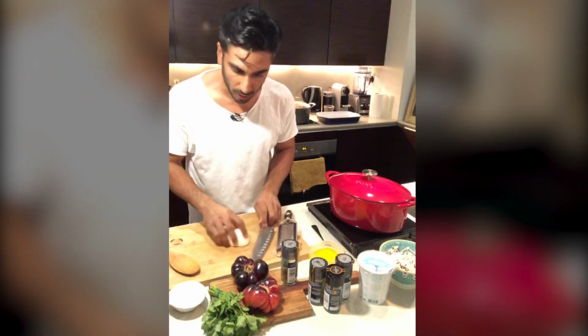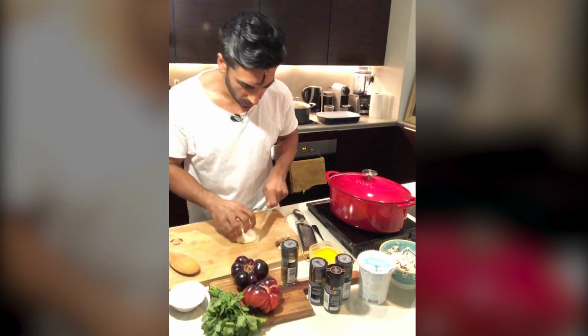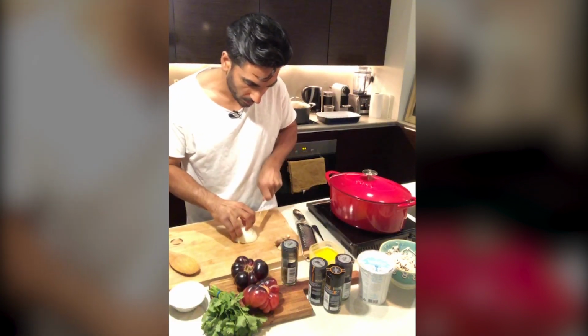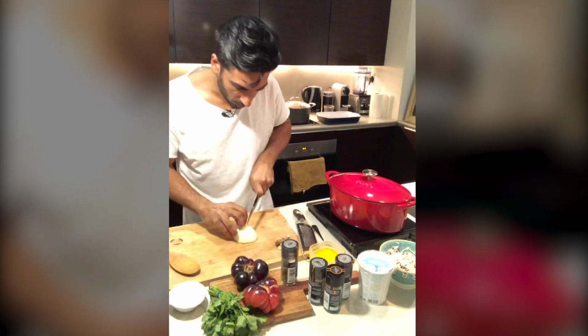All right, so whilst that's wilting, the only chopping that's needed is the grating of the ginger, some white onion, and that's about it. So with the white onion, just use your fingers like a guard like this,